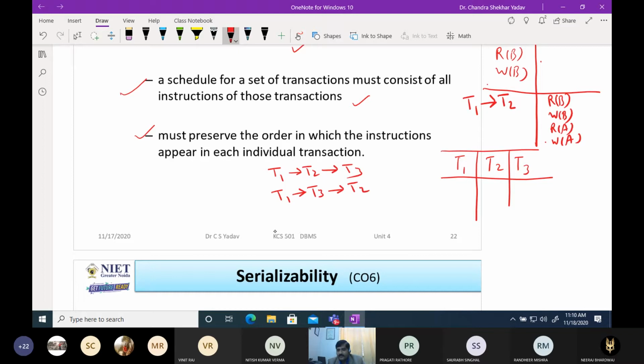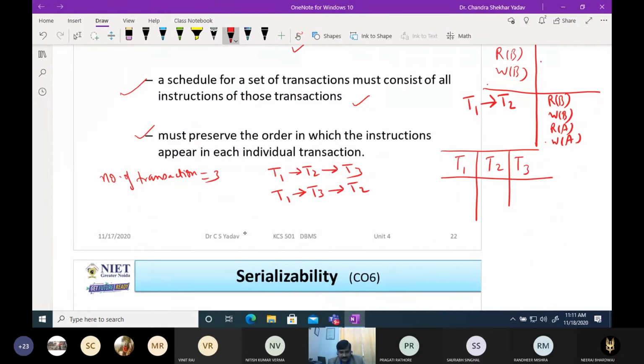So please tell me the number of serial schedules we can make if the number of concurrent transactions is 3.